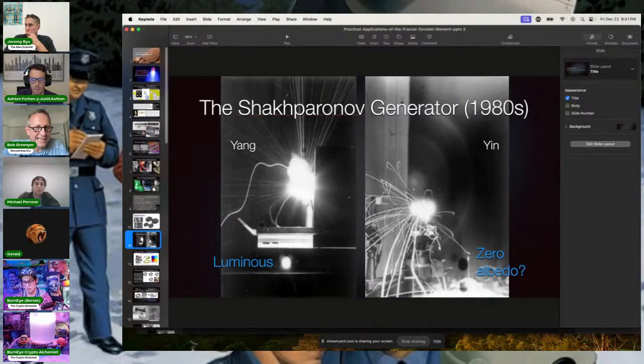You've got the yin on the one side, and it's extracting energy in a sphere at a distance. The yin is less bright in the center of the phase singularity. Why? Because it's fusing matter. Okay. And if you get two deuterons and fuse them together, you get 25 million electron volts. The yang is destroying matter. It's always brighter because it's unraveling the energy.